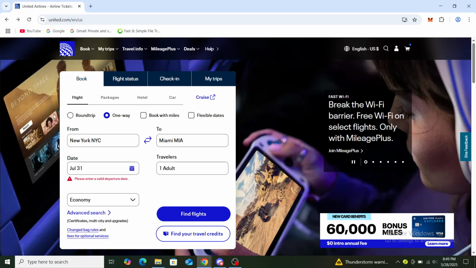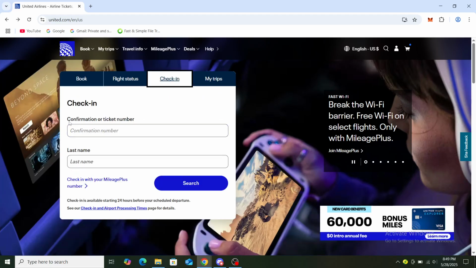So through here, if you wish to check in on your flight, you can go ahead and click the check-in option. On there you can see confirmation or ticket number and your last name. So this is important when you're filling out the information for booking your flight, and you can check out a video on the channel that explains how that looks. You can just add in the last name that's on that ticket,